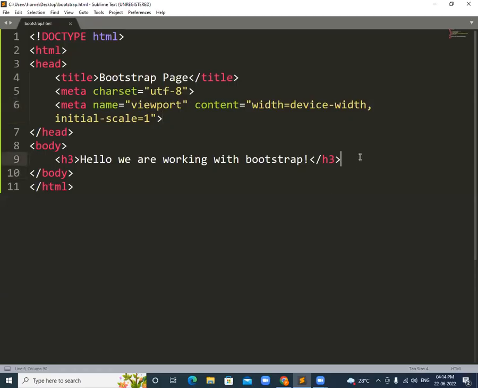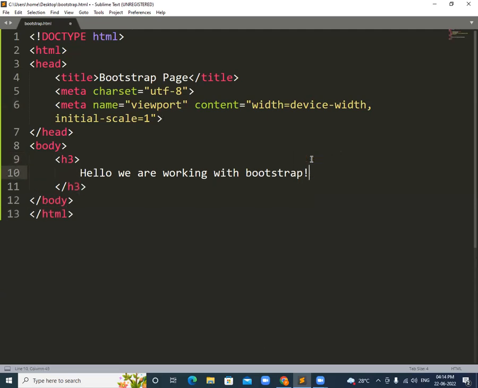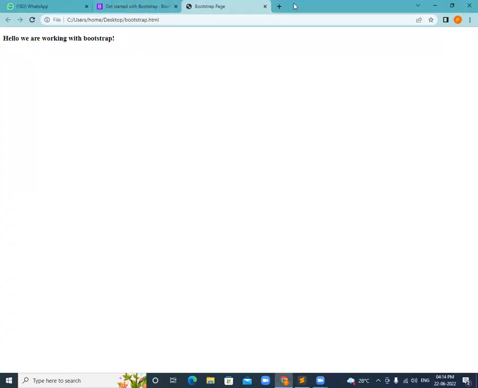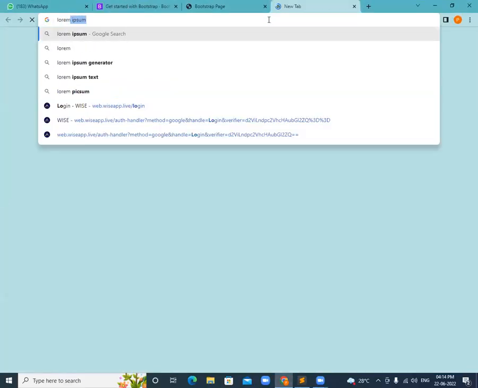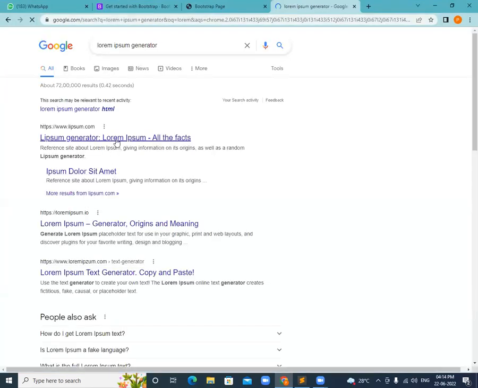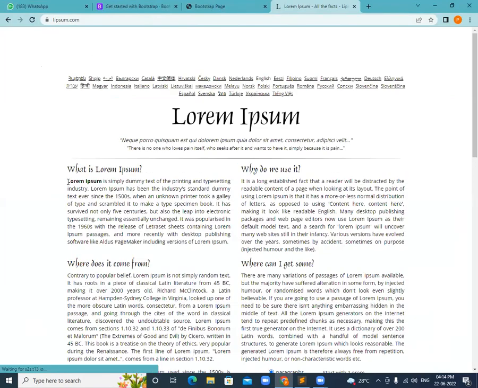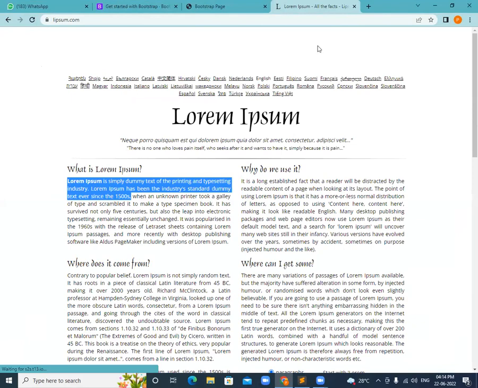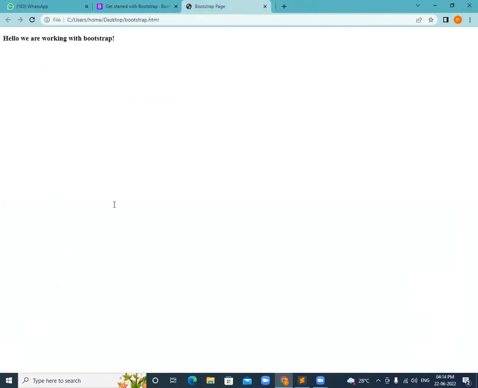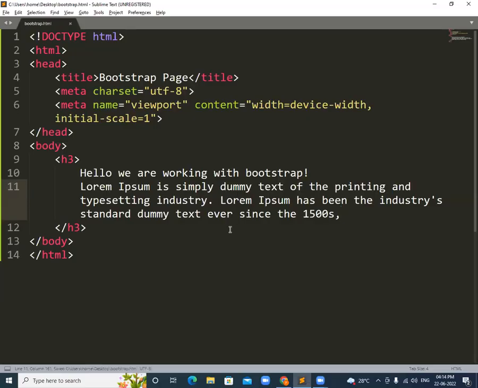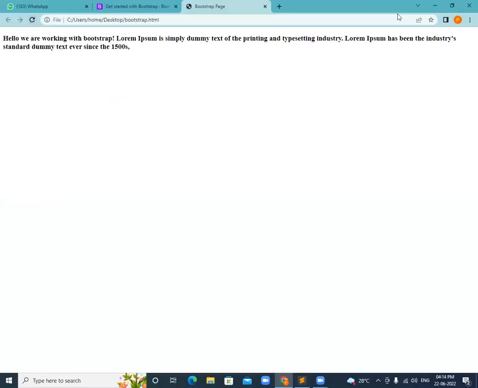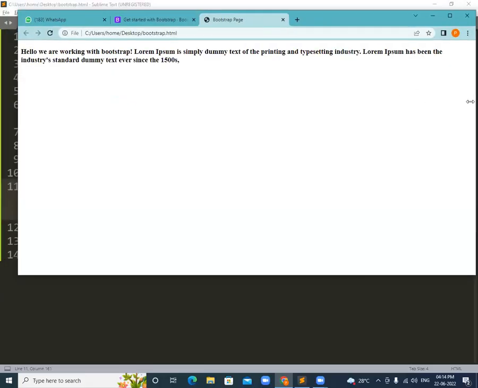Okay, now let us continue the text. Let us write here. Let us pick up some dummy text from the browser. Okay, so now save the file, Control S, and go to the browser. Now, if you see, as I'm decreasing my screen size, the text is automatically getting